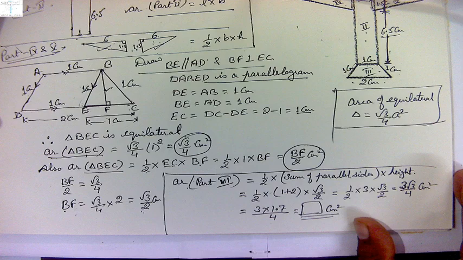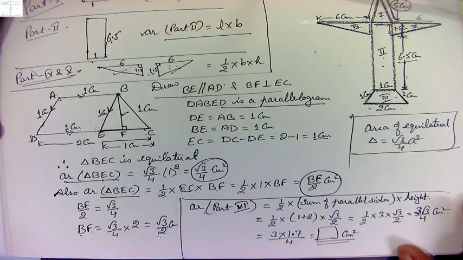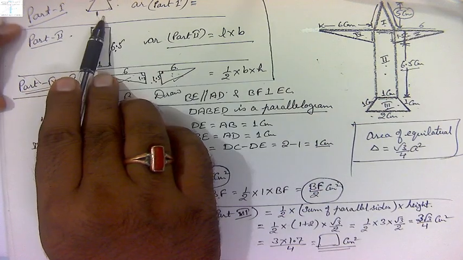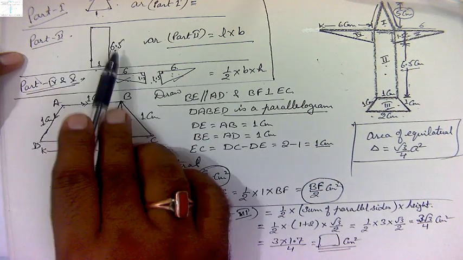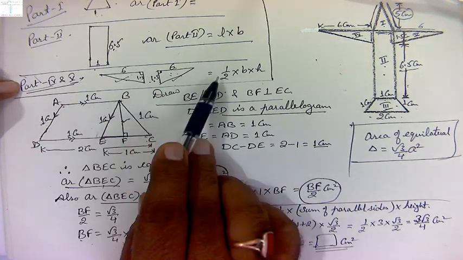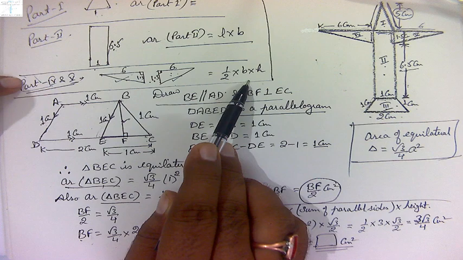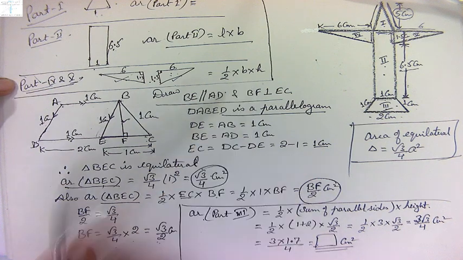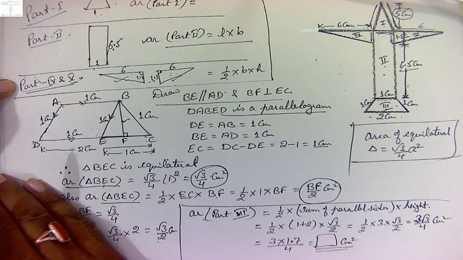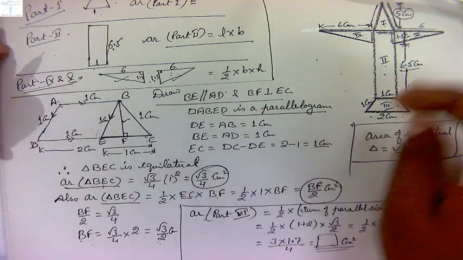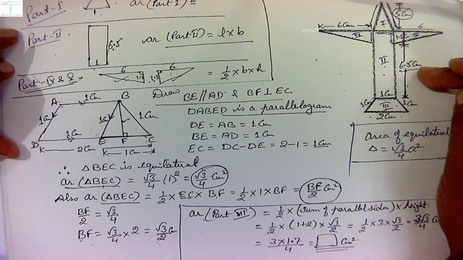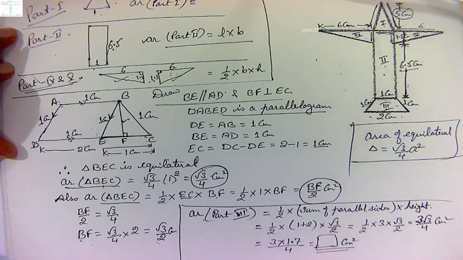The remaining parts I told you how to find. Part 1 is a triangle, so you can do it with Heron's formula. Part 2 is a rectangle, you can find it by length and breadth. 4 and 5, they are triangles, you can do it with half base into height. And this is the third part. Add all the 5 parts and you get the area of this aeroplane, the whole paper which is used. So complete it up to this part, this question.